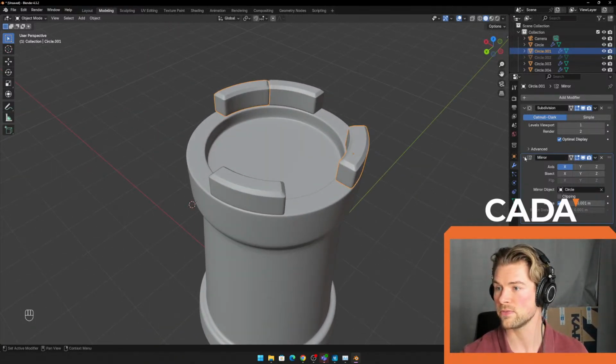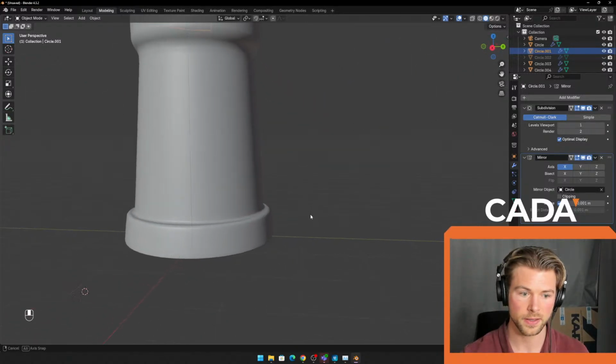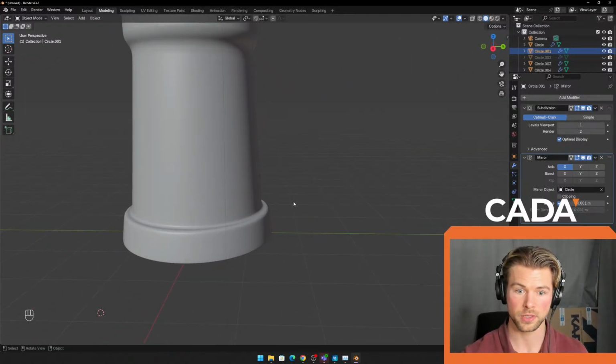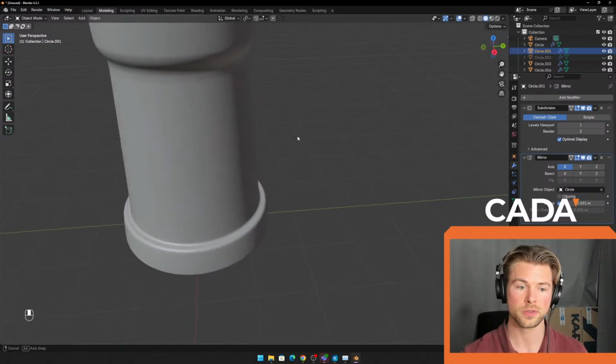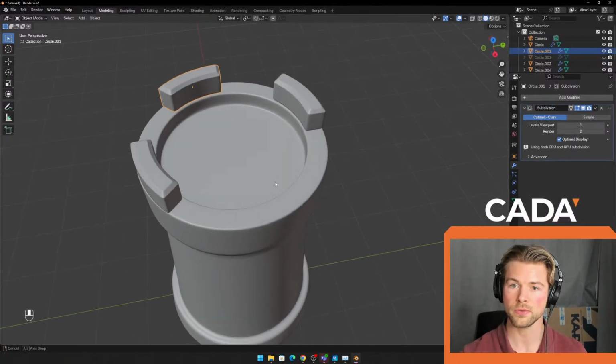But a lot of times it works very well, especially if I make a cube and I want to only work on one side. It makes a lot of sense to use the mirror tool, because it's not destructive until you apply it. But now we'll just